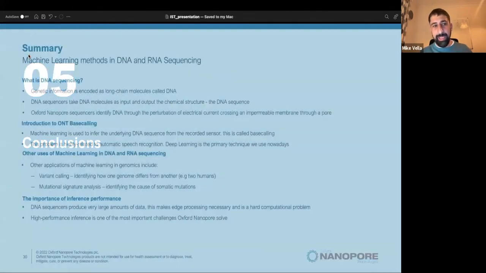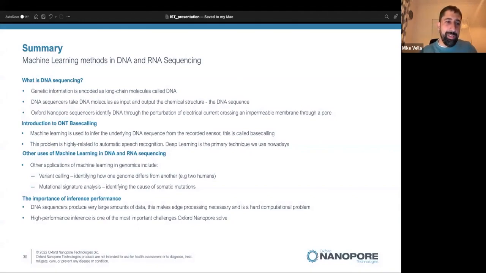So that brings me to the end of my presentation. I've repeated the first slide here, which is a summary of what I've discussed. So in conclusion, I'm just going to repeat my first slide. Genetic information is encoded as long chain molecules called DNA, and what DNA sequencers do is take a DNA molecule as input and output its chemical structure,